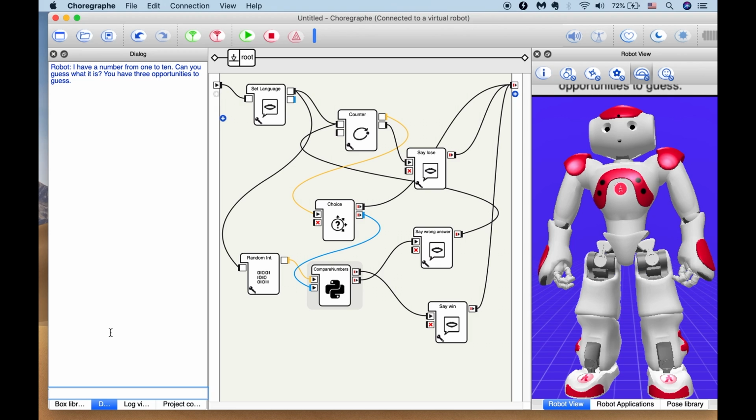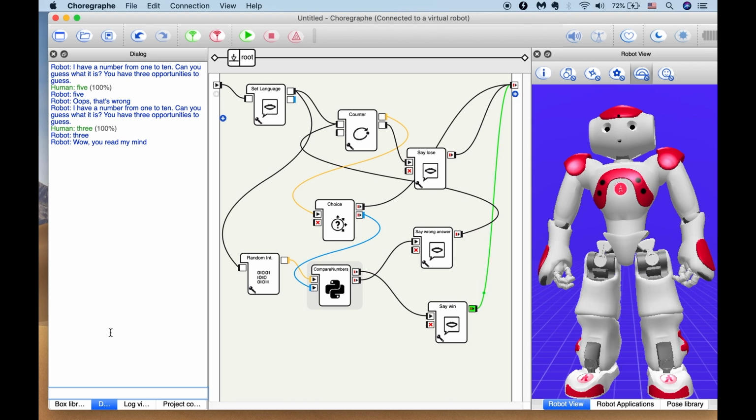A good way to play the game is to always start from the middle, oops, that's wrong, and then maybe say 3. Wow, I guess I'm lucky. I win the game. That looks good to me, but it'll be nicer if when we give the robot a